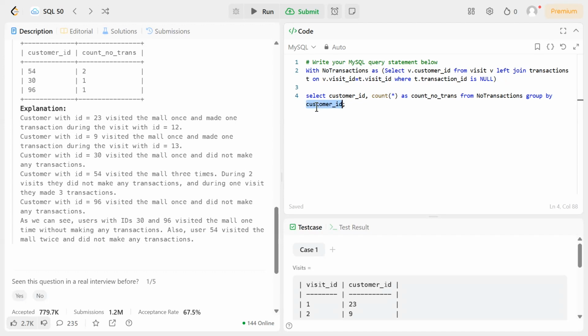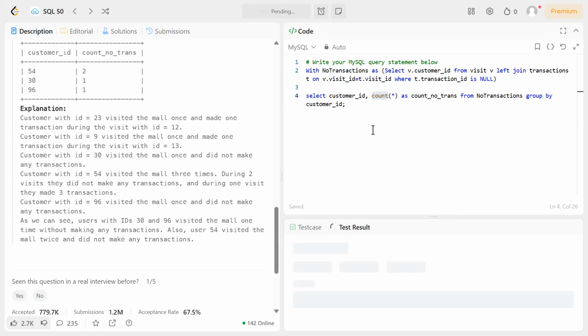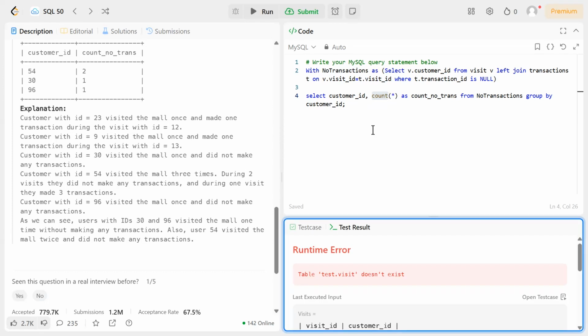So the final output contains the customer id, the id of the customer who visited without making any transactions, and the number of times, that is count_no_trans, the number of times they visited without any transactions. So now let's check the code,